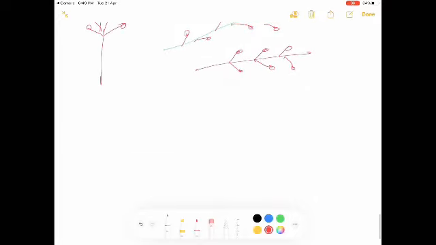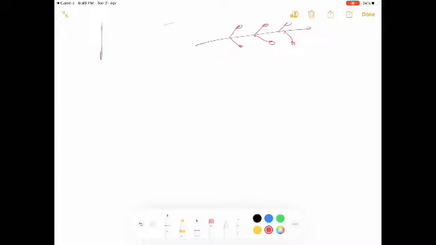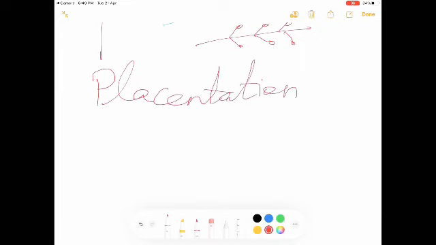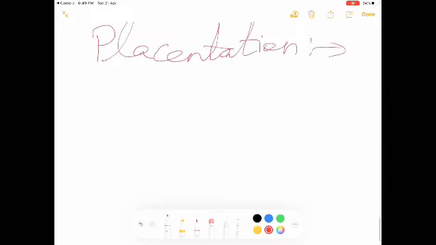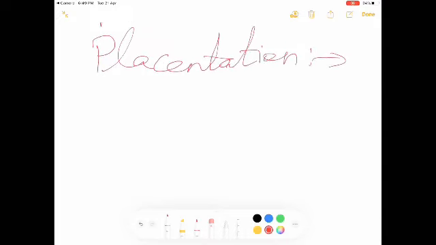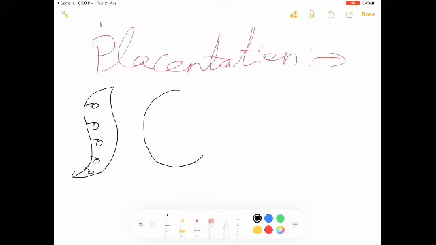So please learn it. Now the last topic is placentation. Definitions are given for placenta and placentation. Placentation is the manner in which ovules are arranged and attached to the ovary of the fruit. One arrangement I have shown you is marginal: the ovules are arranged at one side and all the rest is free. Another arrangement is the central type, where the ovules, the seeds, are arranged at the center.